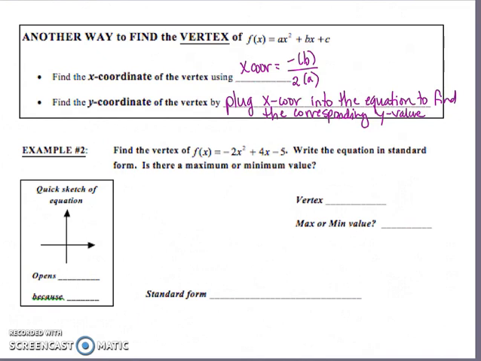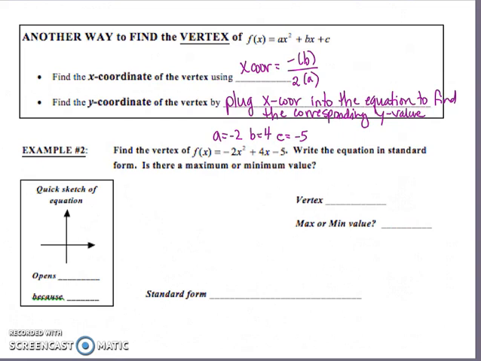So let's practice that method on example 2. We're going to find the vertex of f of x equals -2x squared plus 4x minus 5. And then once we find our vertex, we can write the equation in standard form and figure out the maximum or the minimum value of our equation. In this equation f of x, our a value is -2, our b value is +4, and